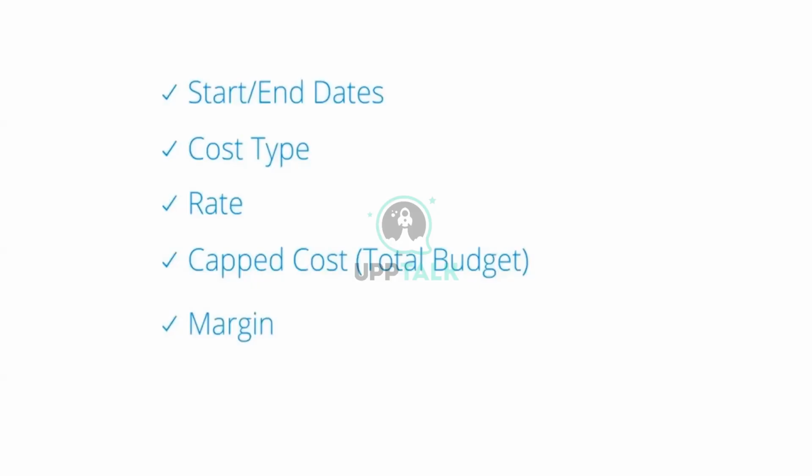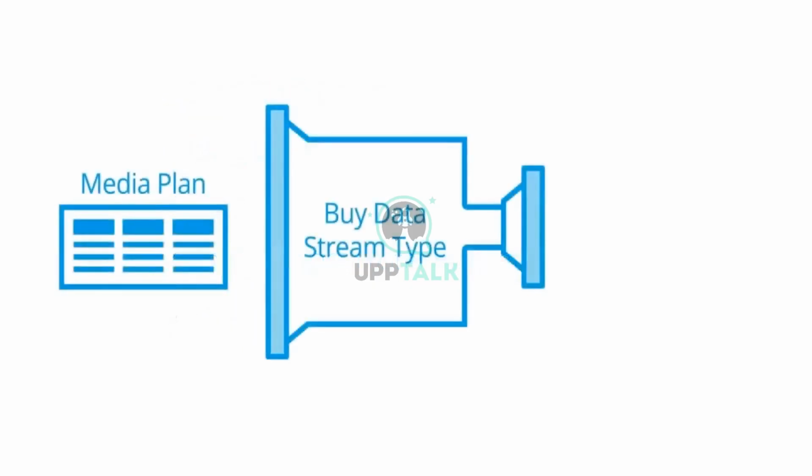What is the cap cost, or what was the total budget for us, and how much did it cap during the delivery, and what is the margin? These are the attributes which are needed to calculate, or which we have to see while we are doing